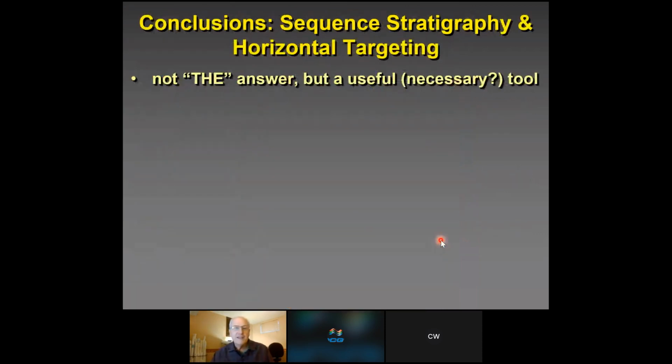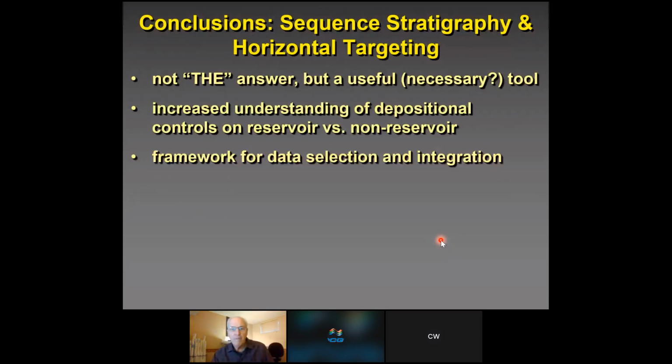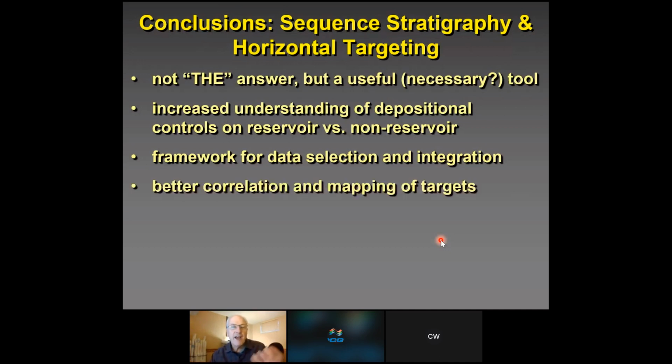So the bottom line here is sequence stratigraphy is not the answer. Some would say useful. I would say it's even a necessary tool when you're trying to understand your unconventional reservoirs and the horizontal targets. It gives you a better understanding of the controls on what's reservoir versus not reservoir. It gives you a framework to pick out what kind of data you need from where and integrating that data. It gives you a better way of mapping and correlating your horizontal targets, so you're not jumping from one zone